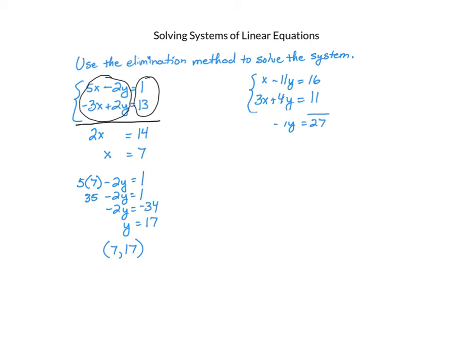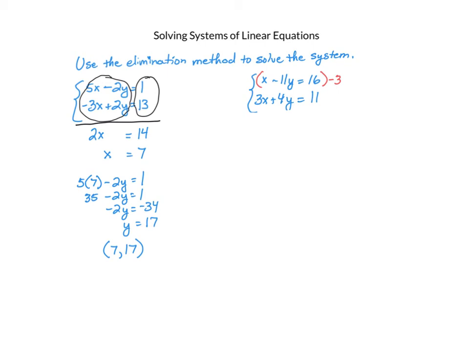So let me erase and let's start again. I'm going to use the fact that this coefficient is 1 to help me in forcing the coefficients to be exact opposites. We need the coefficients of x or the coefficients of y to be exact opposites. So if I could make the coefficient of this x become a negative 3, it'd be the exact opposite of this positive 3. So I'm going to multiply equation 1 by negative 3. And of course, that's our multiplication property of equality that says that you can multiply an equation by any number you want to, as long as you don't multiply by 0 and wipe out the